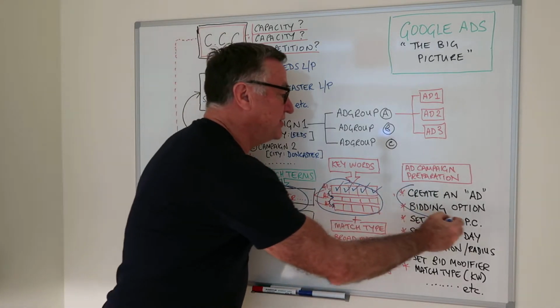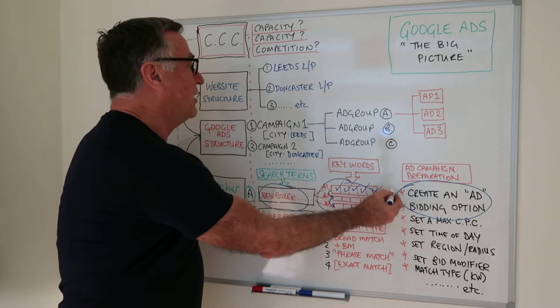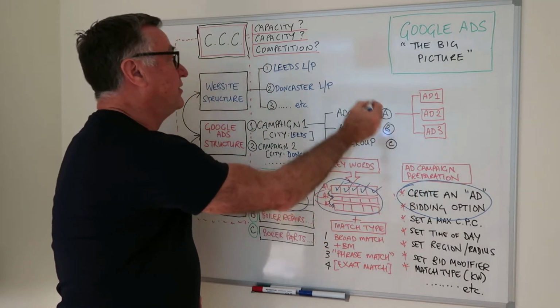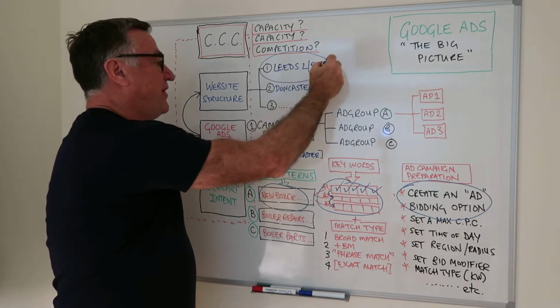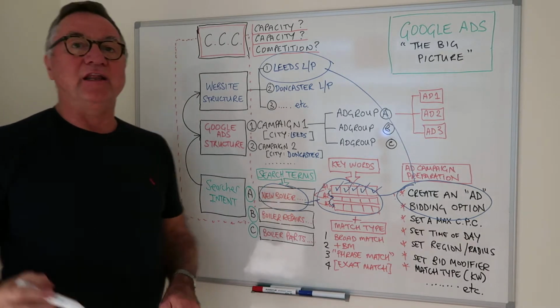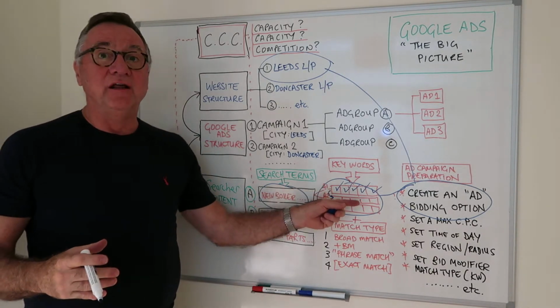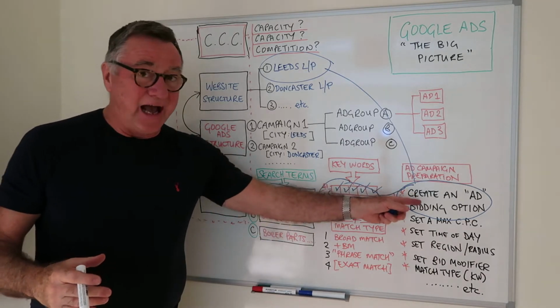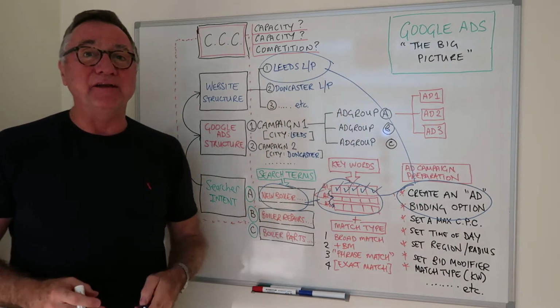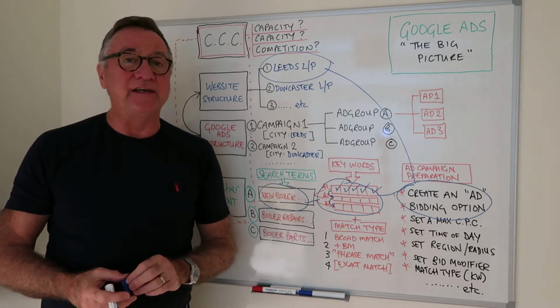Ads are actually created with those words in. Campaigns then go live, potentially to send people to a landing page. And the link between there and there is to show that there is content in the search term, the keywords, the ad, and the landing page that shows Google, I'm pretty confident that if I send somebody